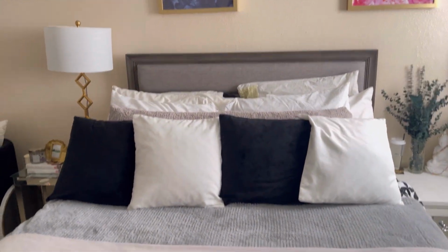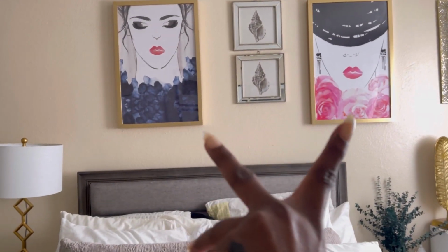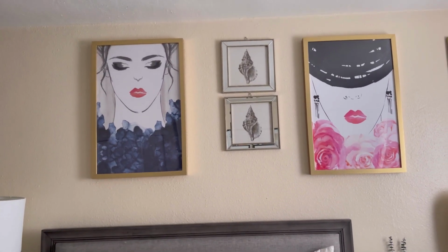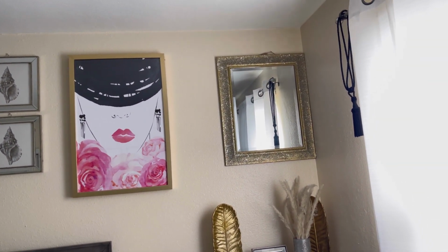And then as you come, this is my bed. Now my bed I actually got from Rooms to Go, and all these actual covers I got them from Amazon. Again, I will list them below. Those two pictures right here, I got them from Home Goods. These I got from Ross. And then of course my picture or my mirror right here, I actually got the picture from Ross and